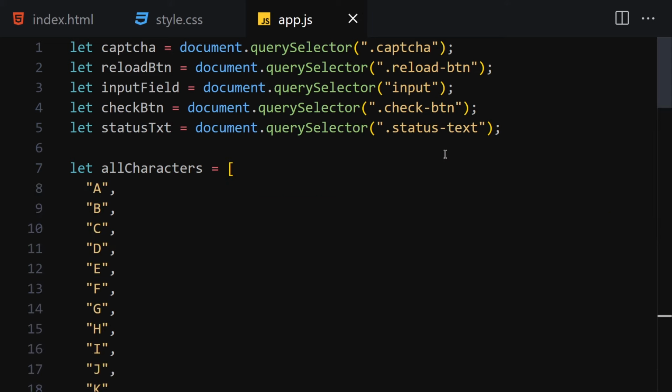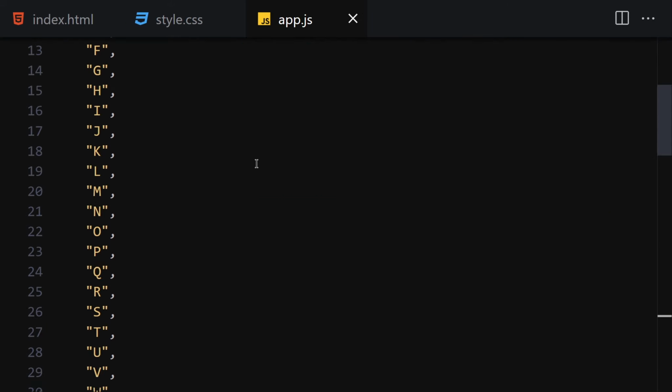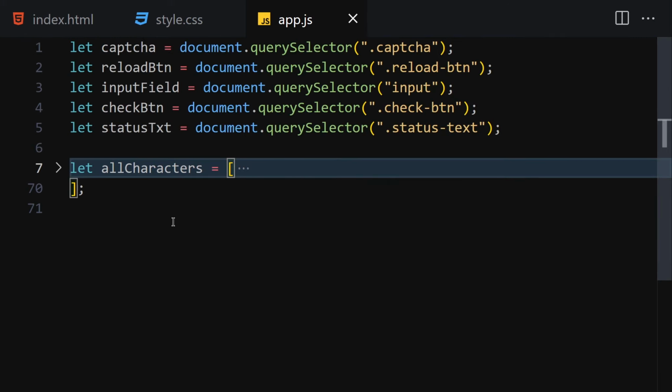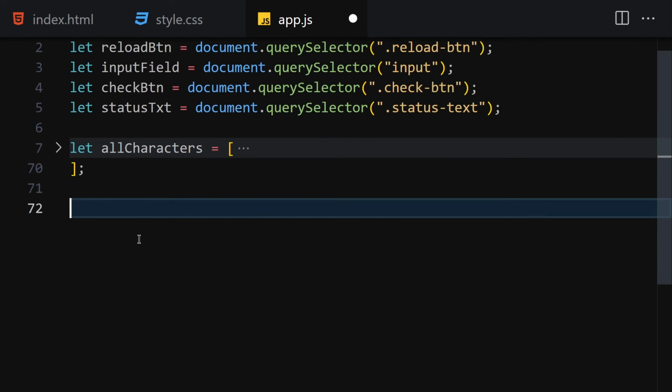Once we save this file, this is how this array will look right now. So I'm going to collapse it. This is how we collapse this. The first function I would create for this project is getCaptcha. So now let me write get